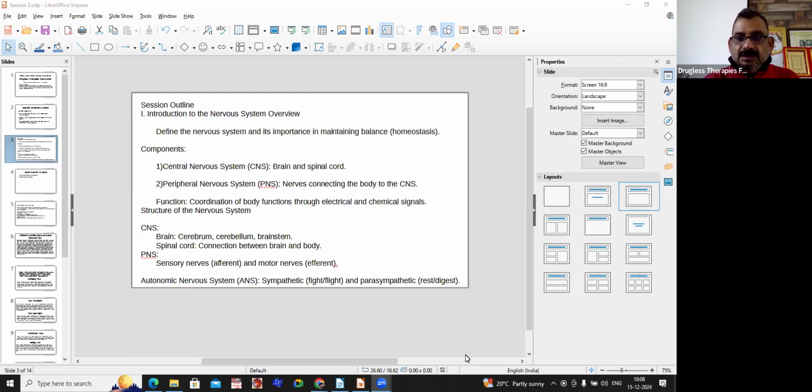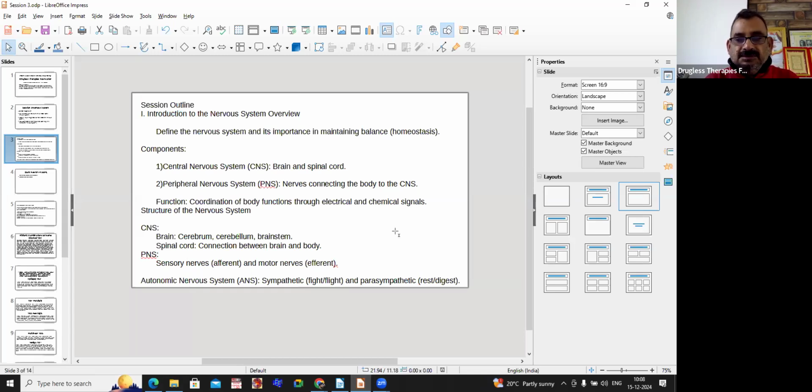So we'll recap that because the recording was not started. So the central nervous system is the brain and the spine, and the peripheral nervous system is the nerves connecting the body to the central nervous system. And there is another function called a reflex action that we will see, where the brain and spinal